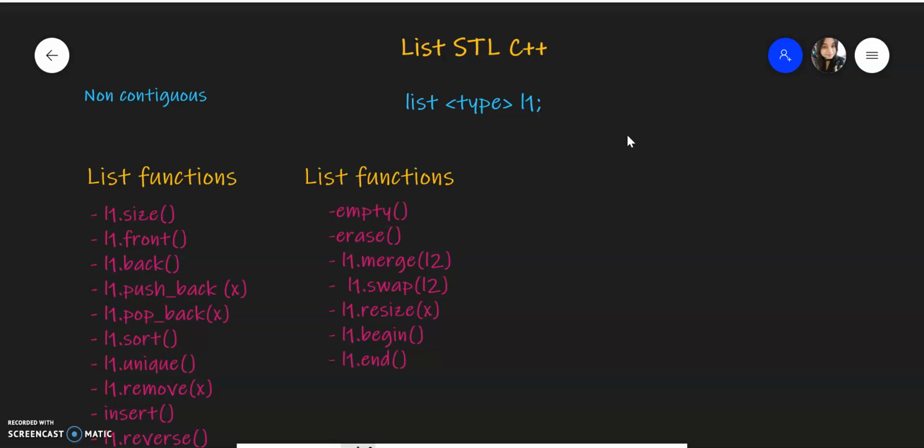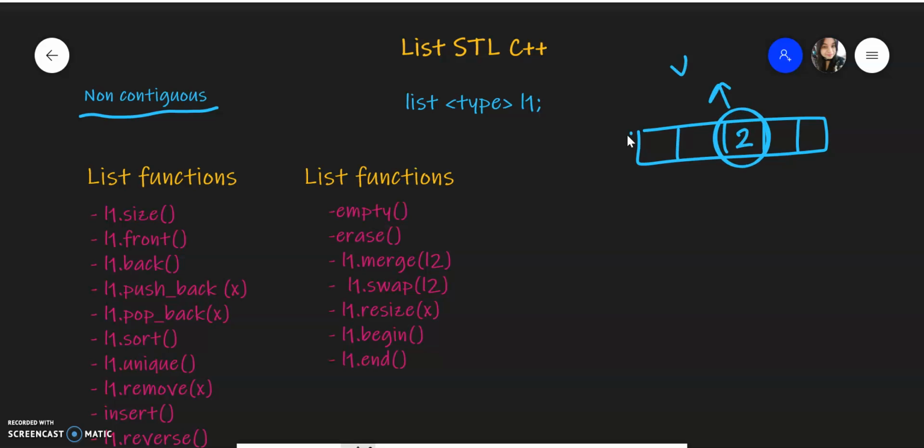So why at all a different container if it is almost similar to the vector? One major difference is that it is non-contiguous. In the vector, we saw that it was contiguous. For example, all the elements were stored in a contiguous memory space. So suppose this is 2, right? If we want to get this element, we can just simply do v of 2, because it is at the 0th index.